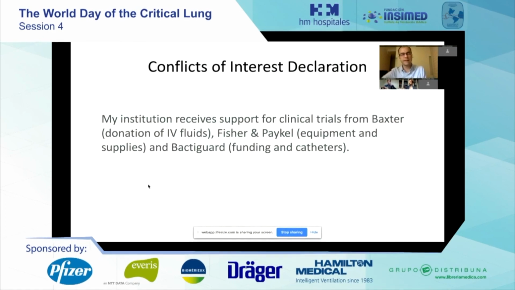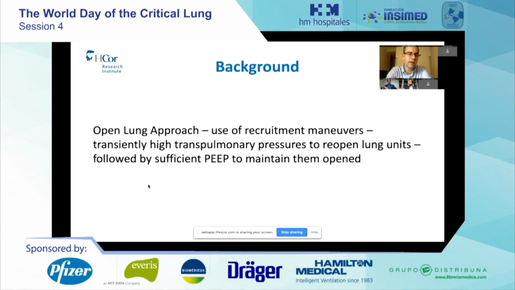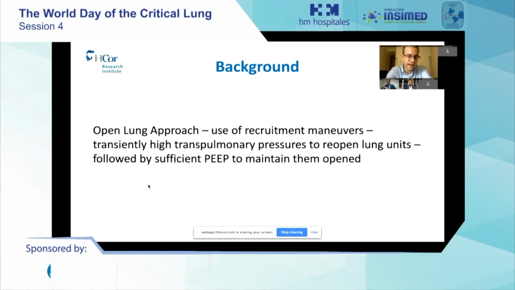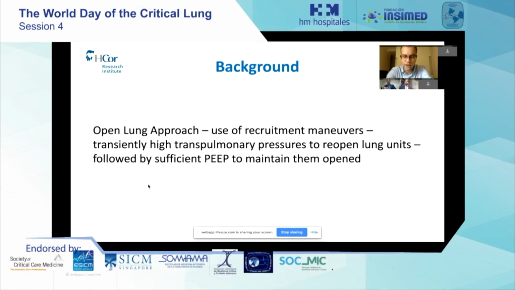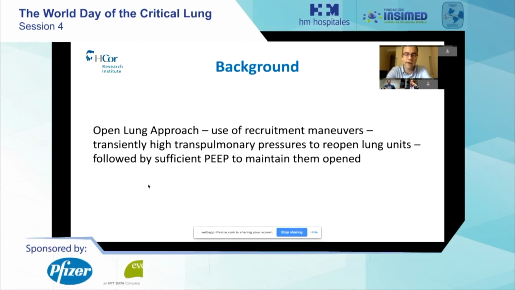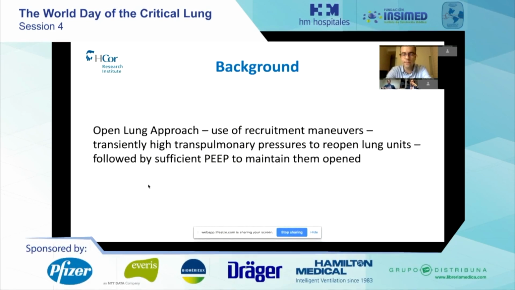Well, basically, the idea of the open lung approach is that patients with ARDS have a decreased functional lung size and a significant proportion of their lungs collapsed with atelectasis. Those patients are at increased risk for lung injury, both because of overdistension, but also because of cyclic opening and